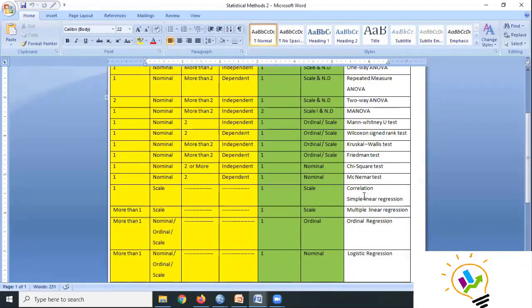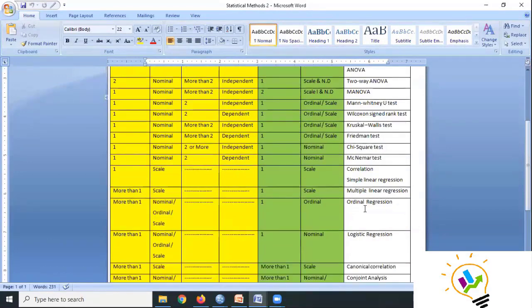Correlation can be used or linear regression can be used, madam. Okay, sir. If the dependent is only one and the independent is one, it is simple linear. If the independent increases, then it goes to multiple linear regression. Is it okay, madam? Okay.